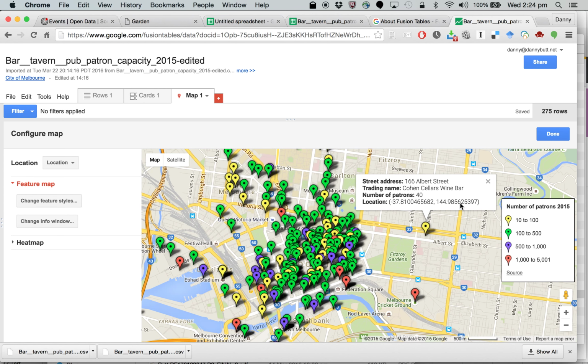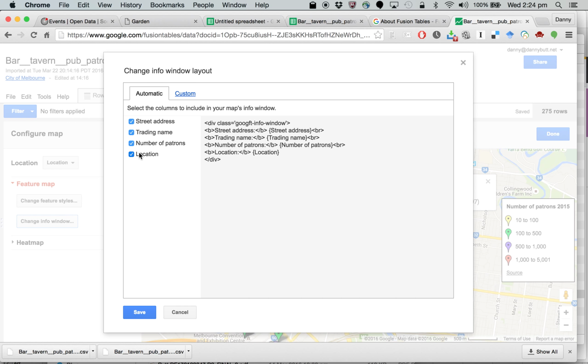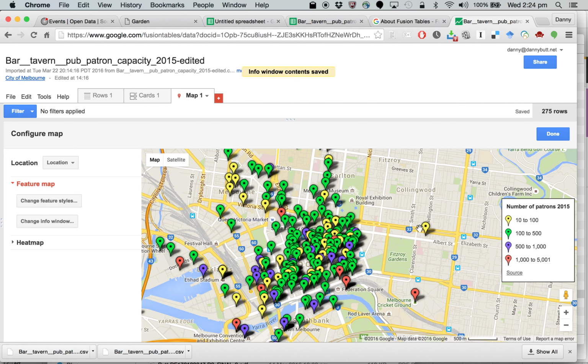The other thing that you might do here is, if we wanted to edit those, we can change what pops up in the info window. Instead of having that location there, we'll just have their street address, trading name, and number of patrons. We'll save that. So if we look at John Sellers, 40 patrons, 166 Albert Street. That's just a real beginning, but it'd be interesting to see what bits of data you can work with and what things you can create out of it. You can also create, if you have a look here, you can add